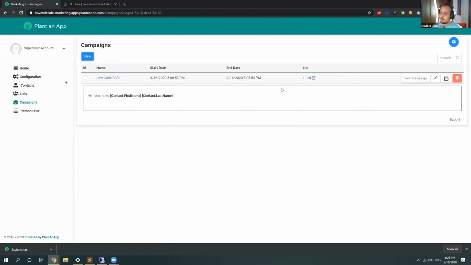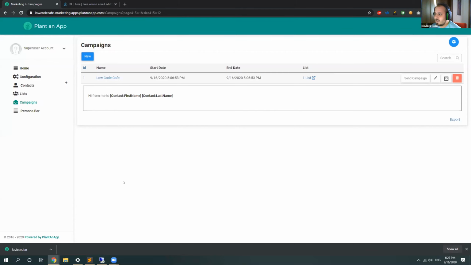But now I will start with the thing that I would like to show you today, which is our Visual Composer integration, which will allow us to build beautiful email content and actually still support what we did in the first video of tokenizing, or basically replacing the content between the square brackets with actual information about the contact. And to do that,